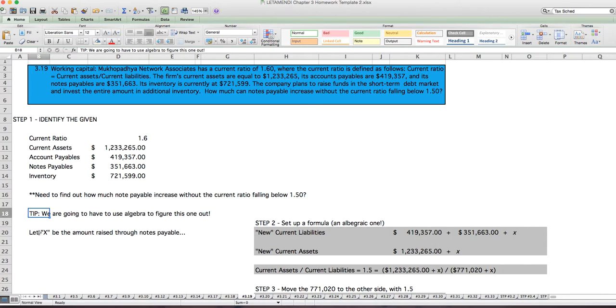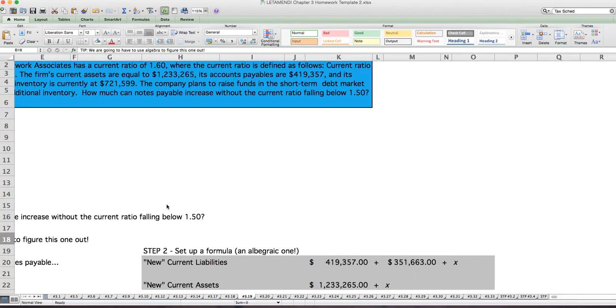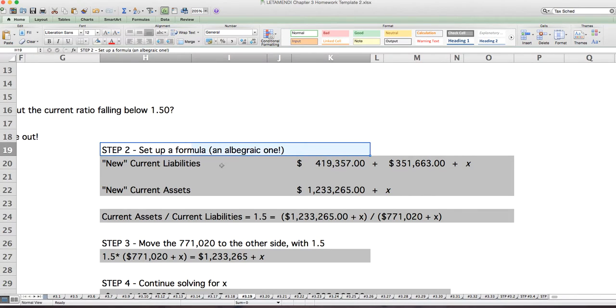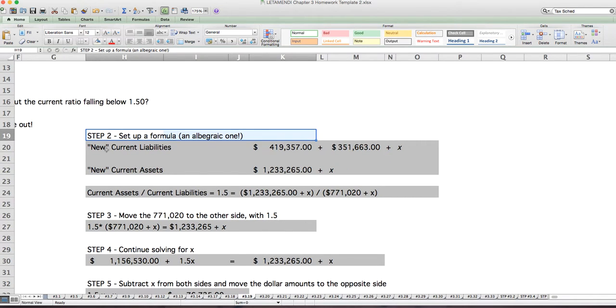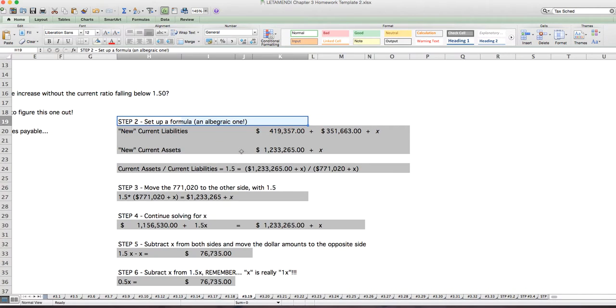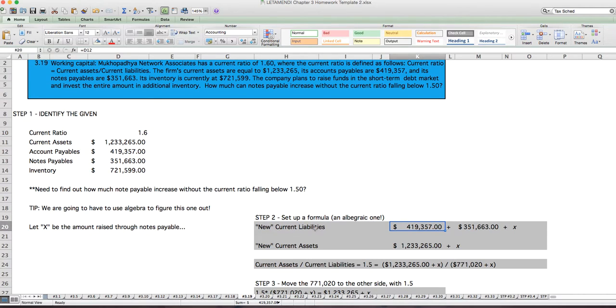Let X be the amount that's raised through the notes payable. All right, so now let's move on to the algebra here. Step 2 is to set up an algebraic formula. So now we know that the new current liabilities, because we put "new" because it's going to be our new one,